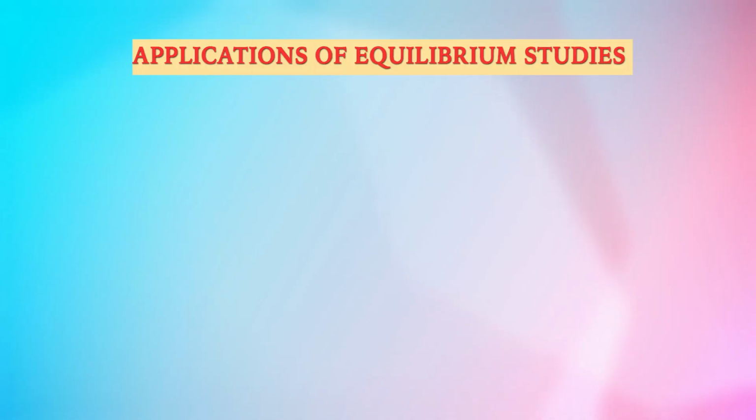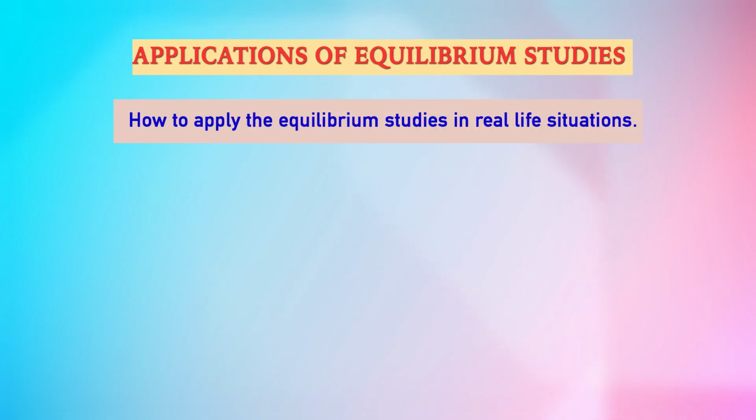And also you must be following that you can express the chemical equilibrium constant in terms of pressure, mole fraction or concentration, anything. Now, in this session, let us study the applications of equilibrium studies, how we can apply them